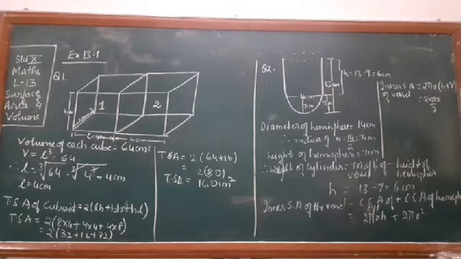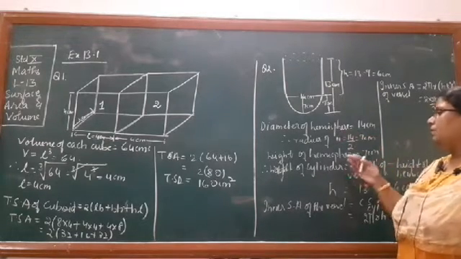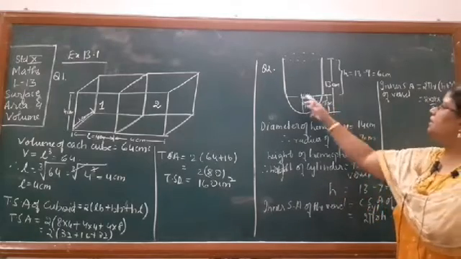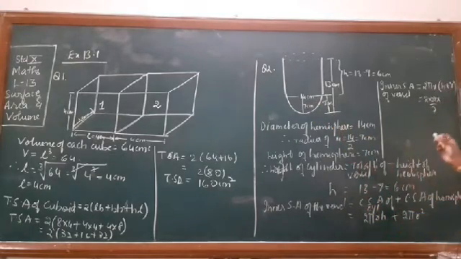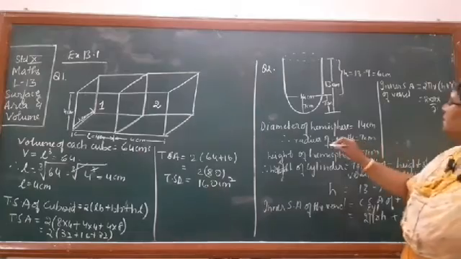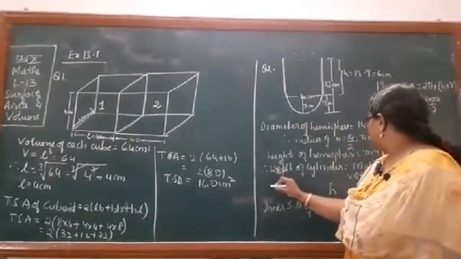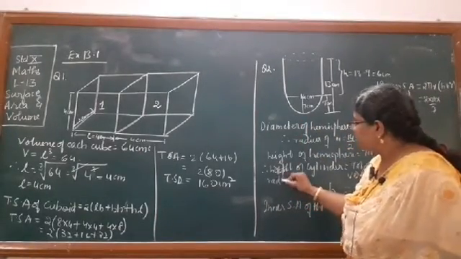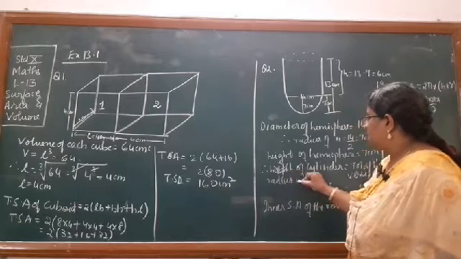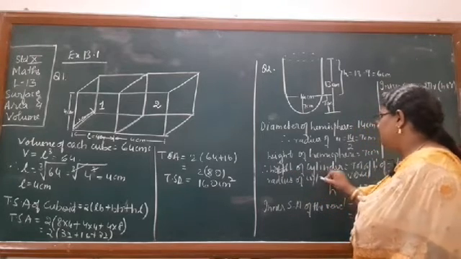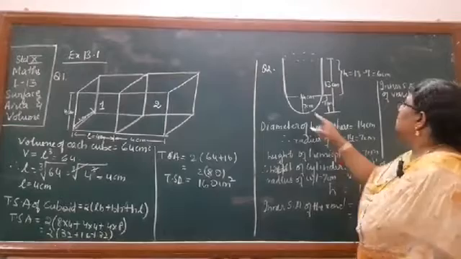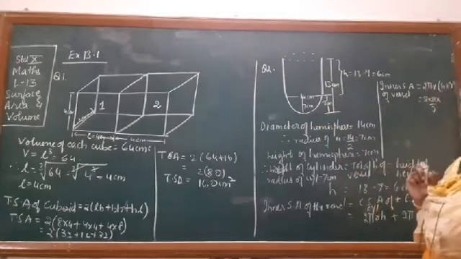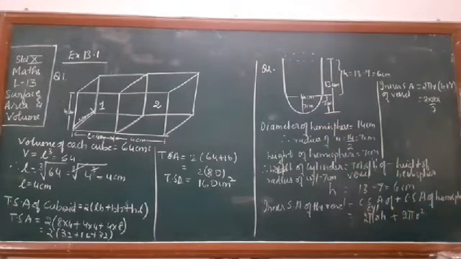R is the radius of the hemisphere and also the radius of the cylinder. Cylinder will also be that only. So radius of cylinder you can write here, radius of cylinder will also be 7 centimeter because ये दोनों जुड़े हुए हैं ना, तो अगर हेमिस्फीयर का रेडियस 7 आता है तो सिलेंडर का रेडियस भी 7 ही आएगा.